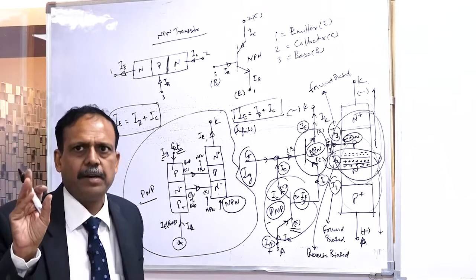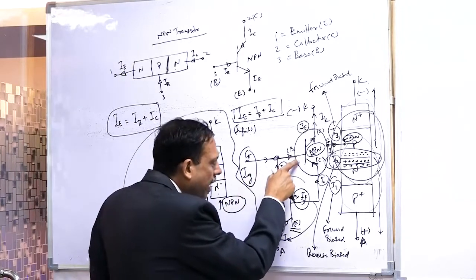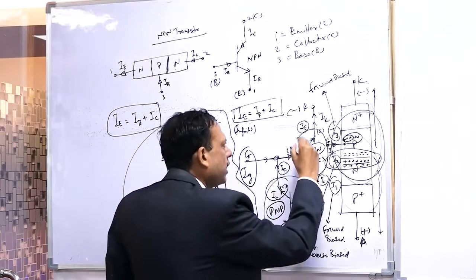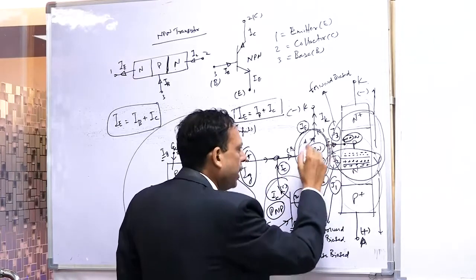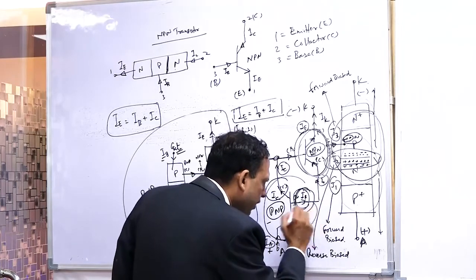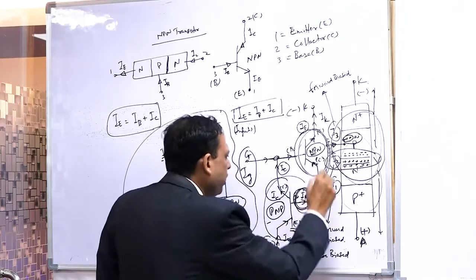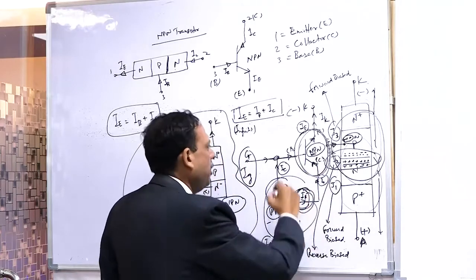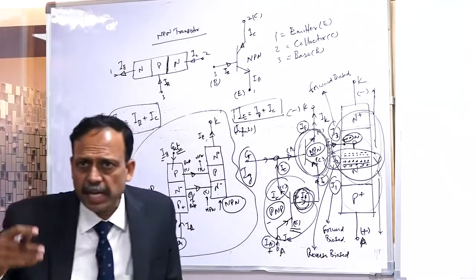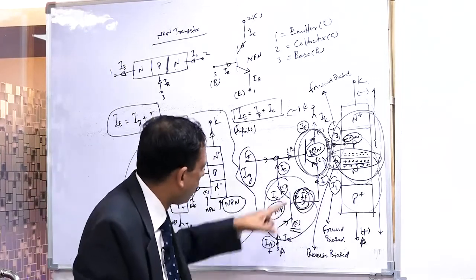Once the gate pulse is given, more current will flow. Because this collector current is going inside as base current, this will start conducting and remains conducting. Because of this current, this IB keeps conducting. So it is going to be latched. It is called the positive feedback loop. More and more current will start increasing. The more current is drawn, the more current will be drawn here.